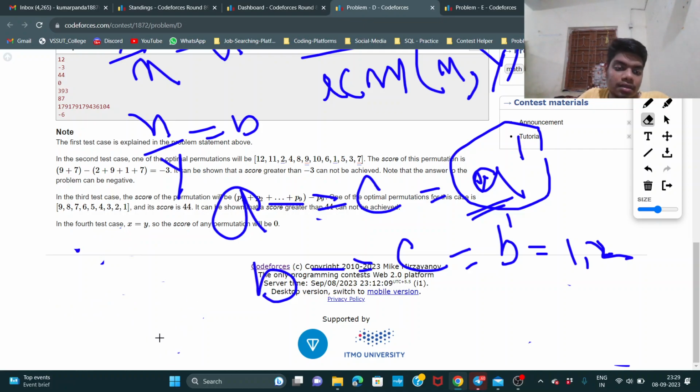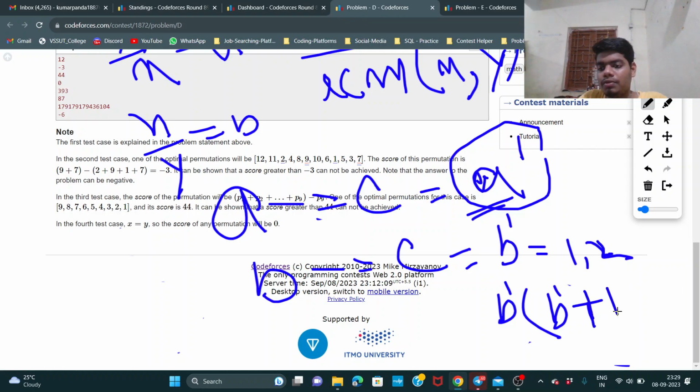So this will become b dash into b dash plus 1